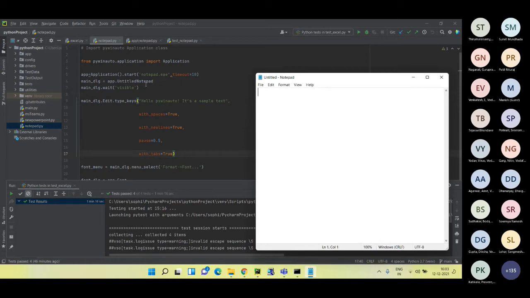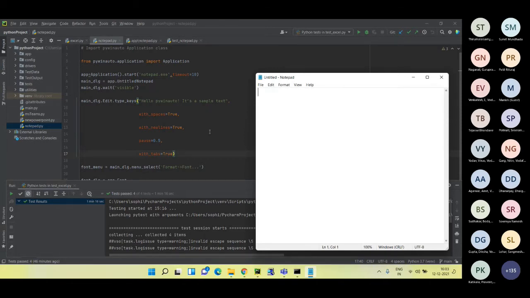When we give the title, we need to take the entire title and remove the additional special characters, and then put the name here. So we will be putting app.untitled notepad, and initializing it to a variable main dialog. Then we'll be waiting for it to become visible.